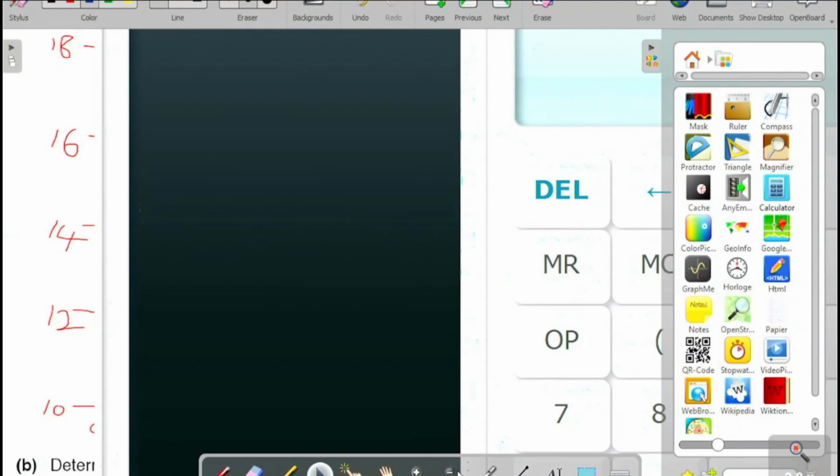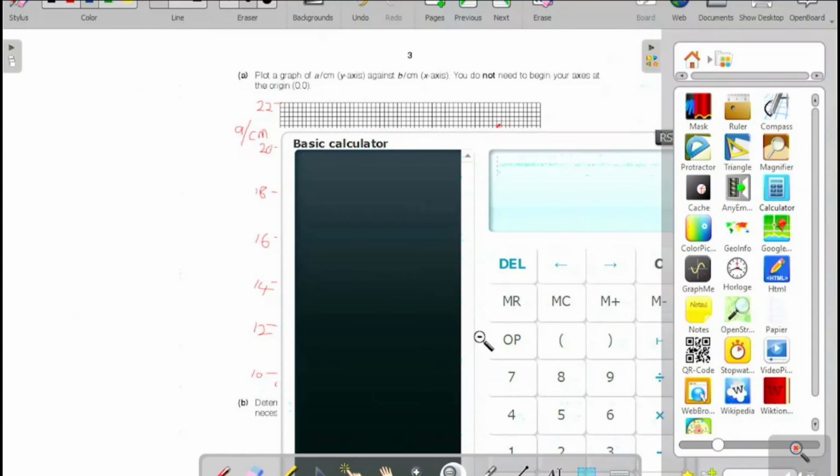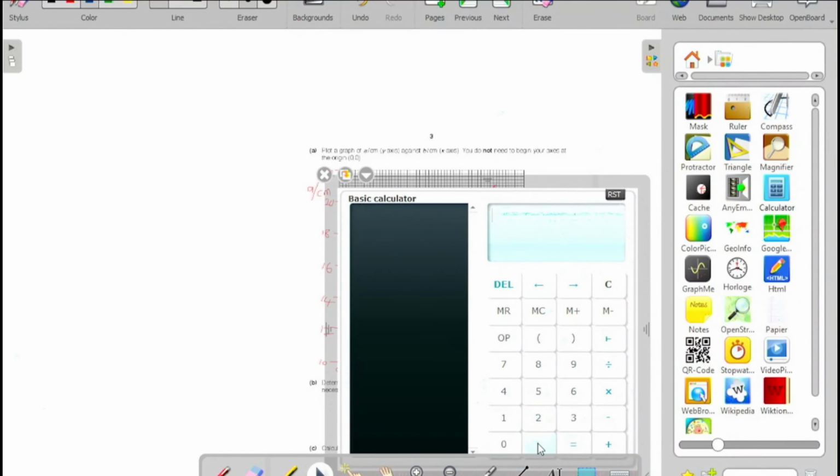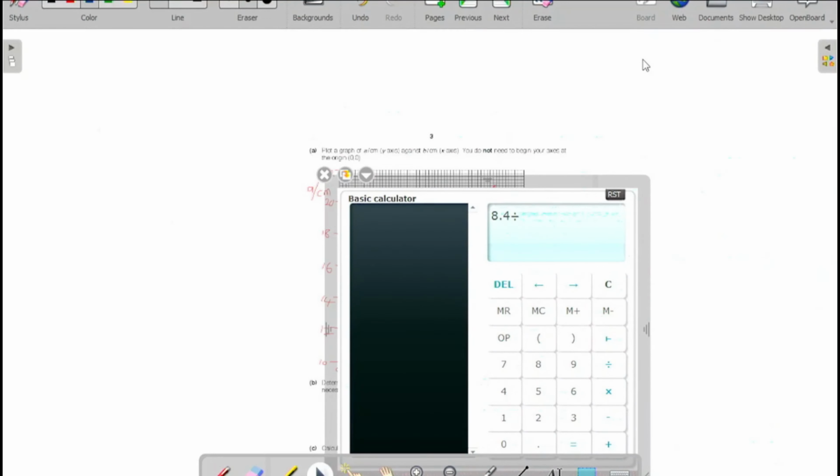Let me make it smaller. Okay, 8.4 minus 7.6, 8.4, why is it not coming? Delete. 8.4 divided by, what am I dividing it by? I think 7.6, 7.6, and that is what,